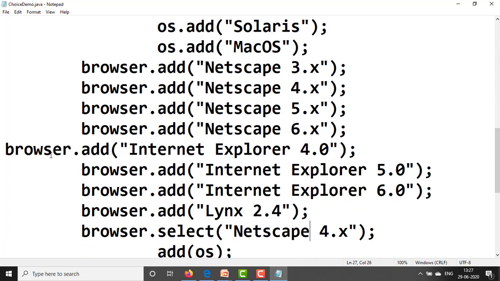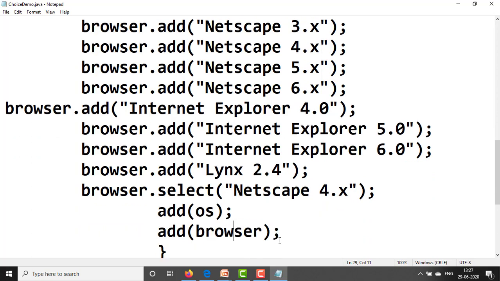Next, browser.add Internet Explorer 4.0, browser.add Internet Explorer 5.0, browser.add Internet Explorer 6.0, browser.add Linux 2.4, browser.select Netscape 4.x. Like this we have added the items to the list.